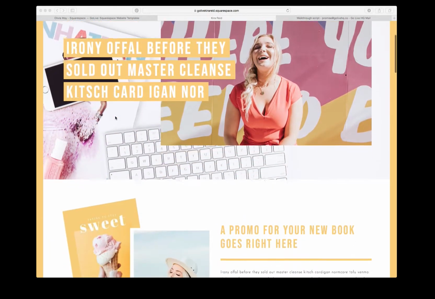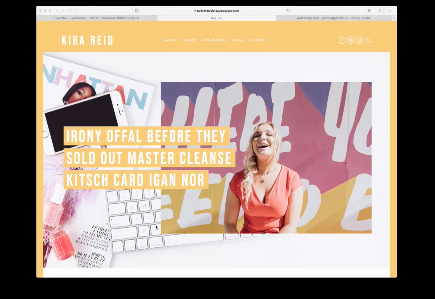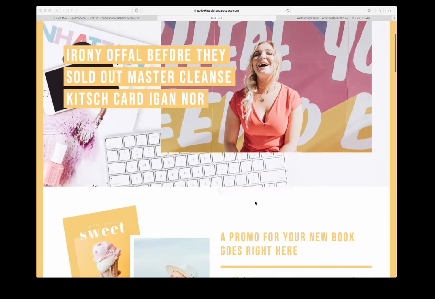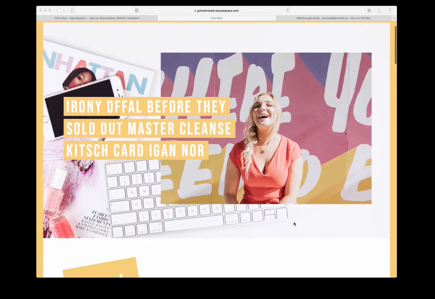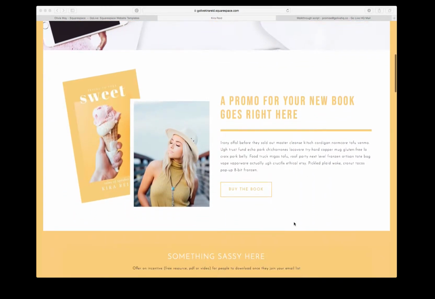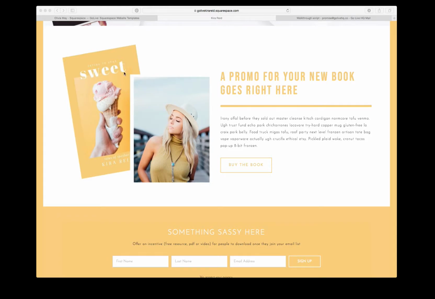And with this parallax image back here, if it's a little much for you, I've seen people just do a plain color in the background or delete it altogether. But I love the dynamic effect, and it just adds a punch to the header, and it looks really unique and different. All right, scrolling down,